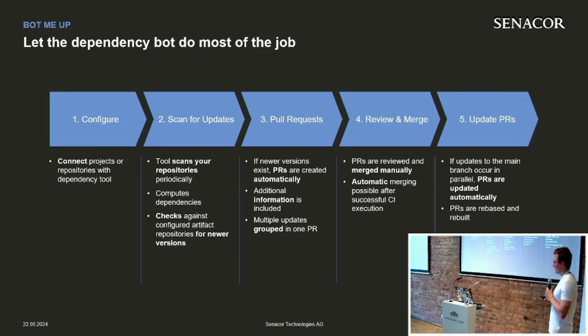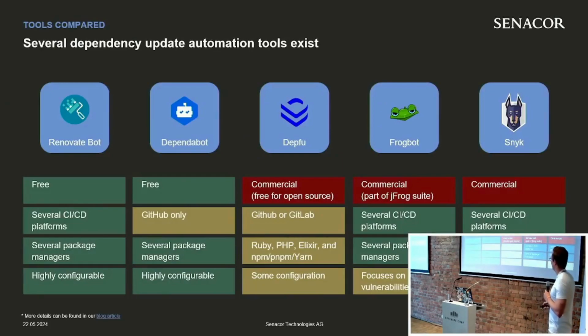And of course, there's always change going on. So if there is an existing PR and something changes in the main branch, you also want your PRs to be updated as well. So this is what especially Renovate can do for you. But of course, there are different bots that you can use for this purpose. We have looked at not at them all, but at a bunch of them, and we decided to go for Renovate